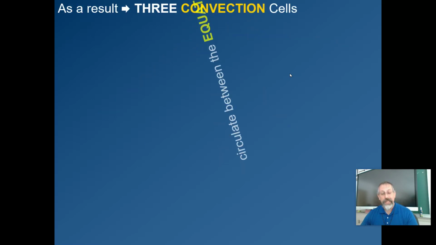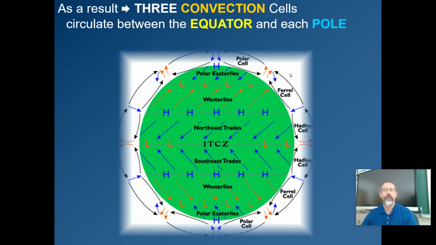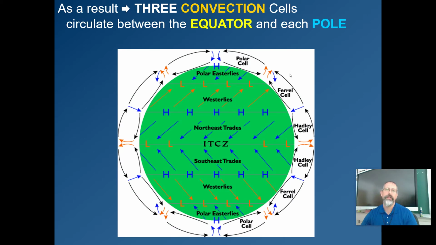So, since we rotate once every 24 hours, since there is the Coriolis effect, we don't end up with one convection cell. We end up with 3 on either side of the equator. Now, the picture's a little different here, but this is very similar to what's in your reference tables and you'll have access to on tests. So we need to get used to this simplified but complicated picture.